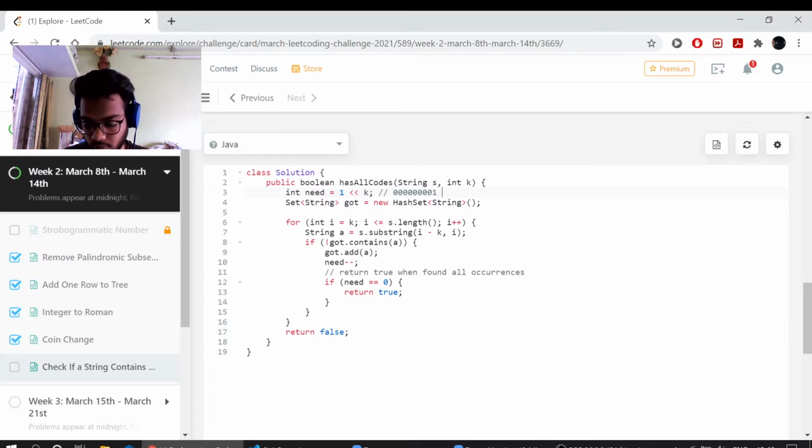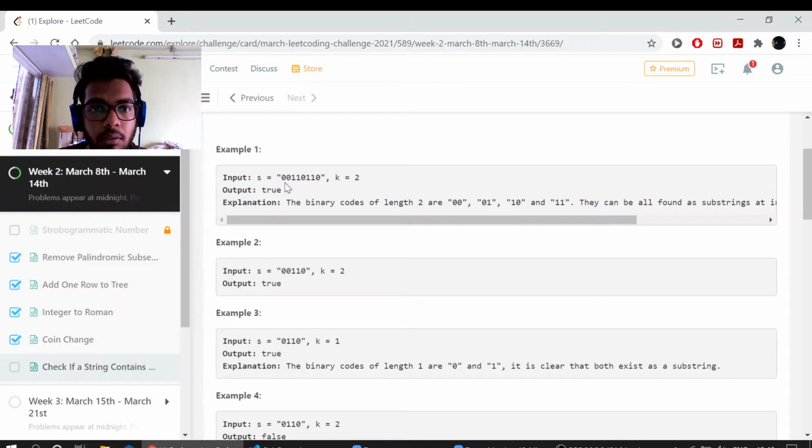I'll just write k equals 3, copy this, paste it here, and write need equals 8 there. So it's easier to understand if someone else reads the code, because this code is not written by me.